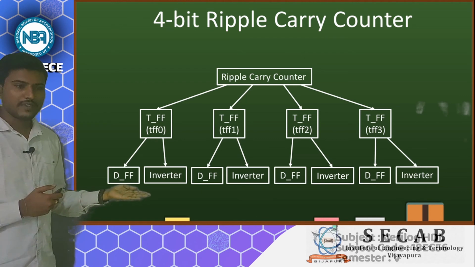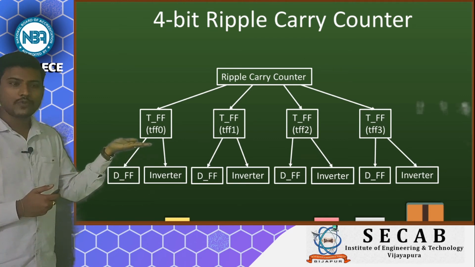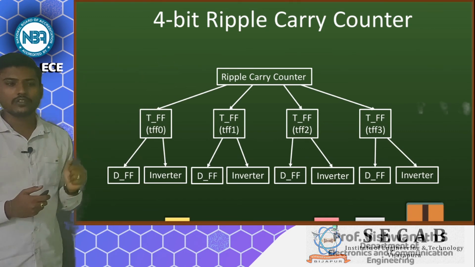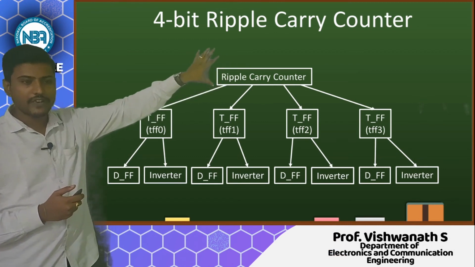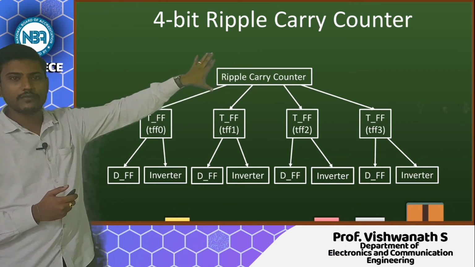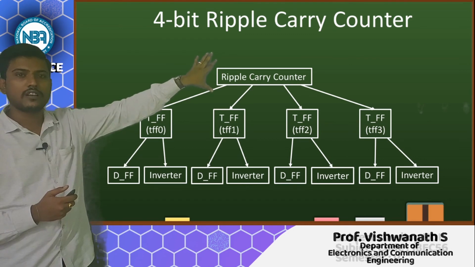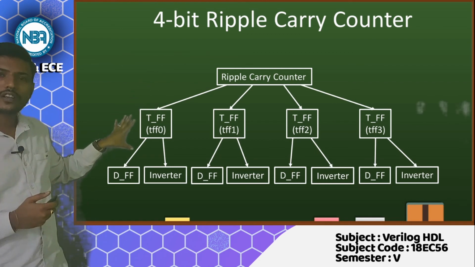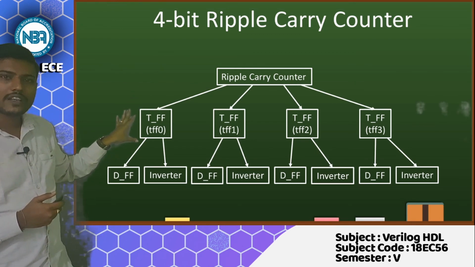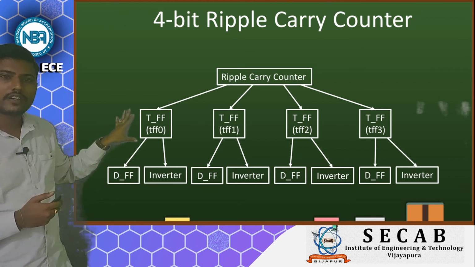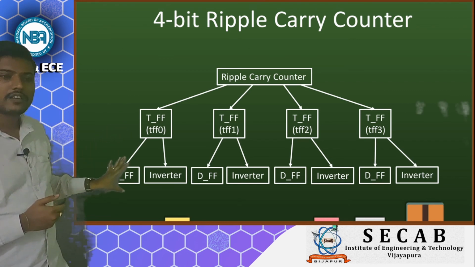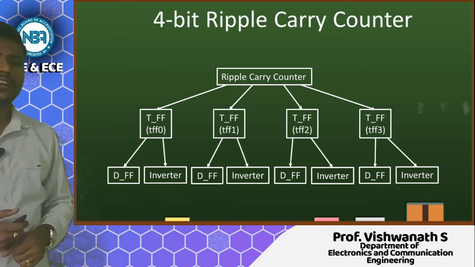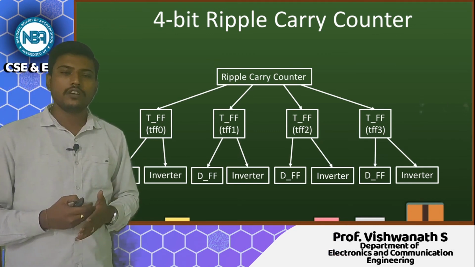Okay. So, from the leaf cell we have come to a sub module, and from the sub module we have achieved our main module. You can observe this: first I have taken my main module. From this main module I came to know that T flip flops are being used. How many? That is going to be 4, and I have derived 4 T flip flops. From the T flip flop I came to know that I have only a D flop and an inverter. Okay. So, this is how the approach is.